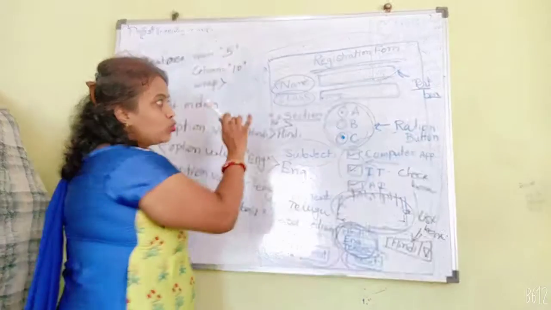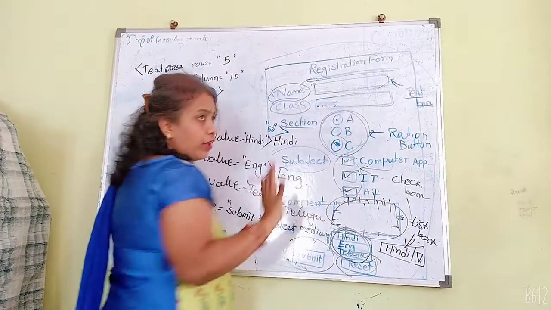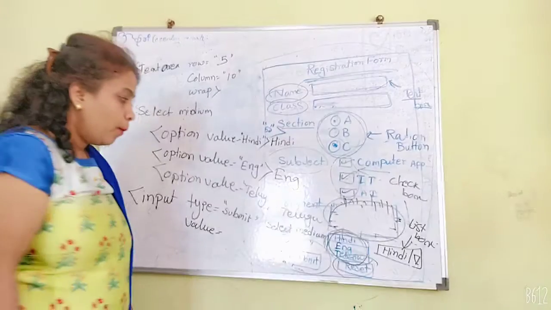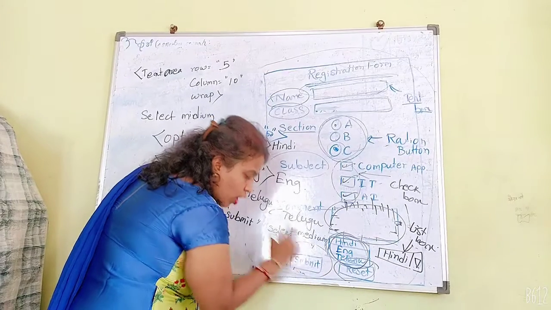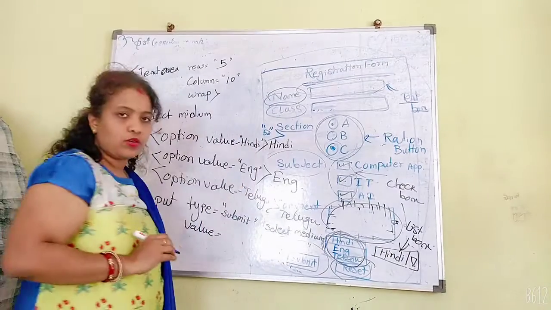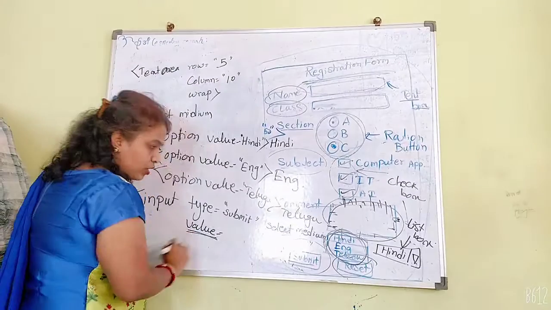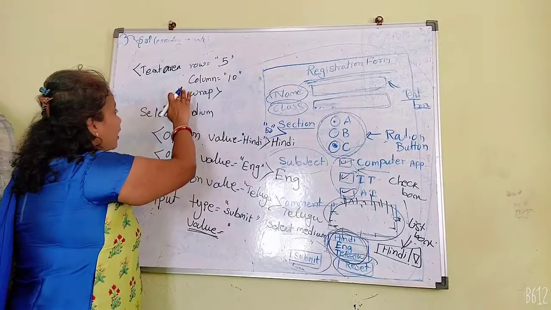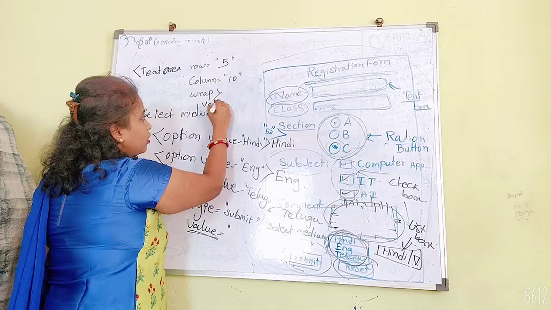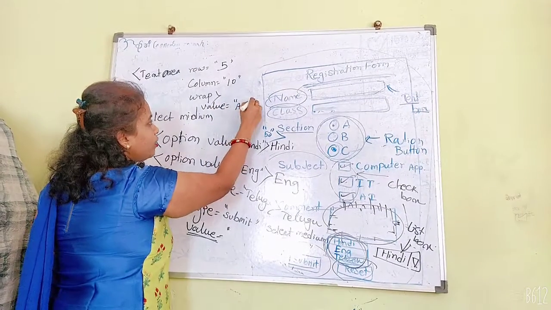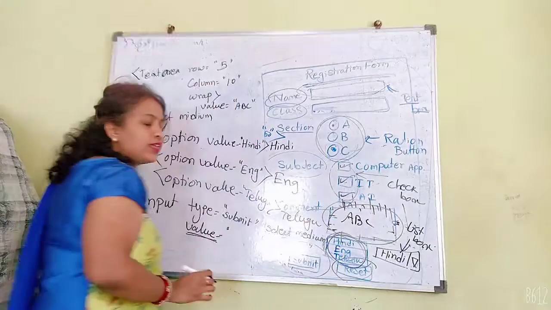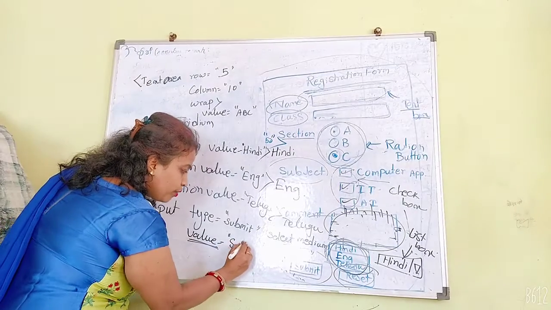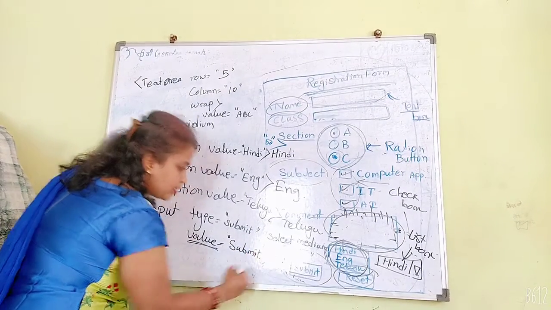Why? See here students, in this we are not putting any value. That means the column is vacant. No value is there, right? But here in the small button, we are writing submit. Okay. So the attribute value is used for putting the value inside the box. If I write value equal to ABC here also, you get the value ABC in the text box also, but we didn't want that, right? But in the button case we have to write it, because we want to show the button name, that is submit.